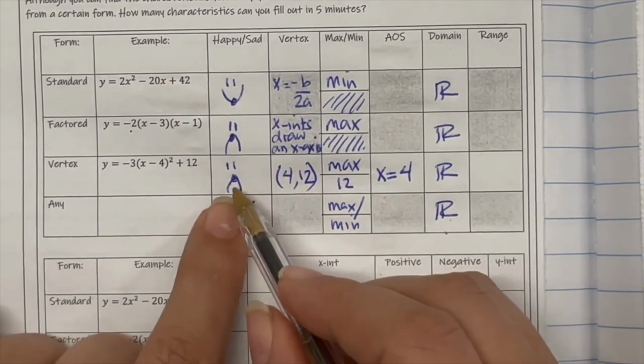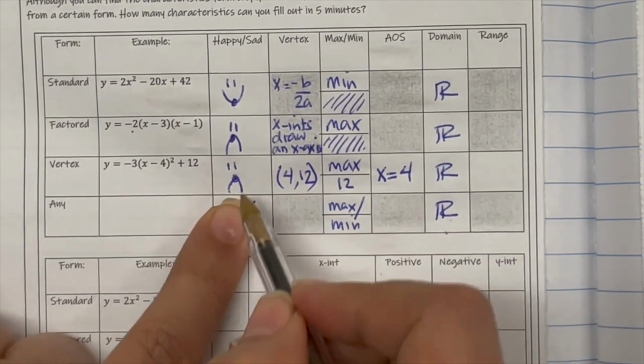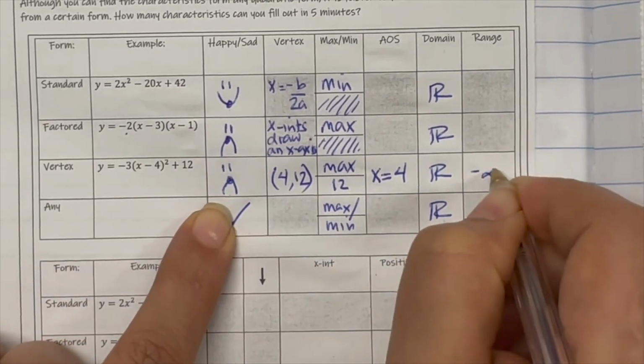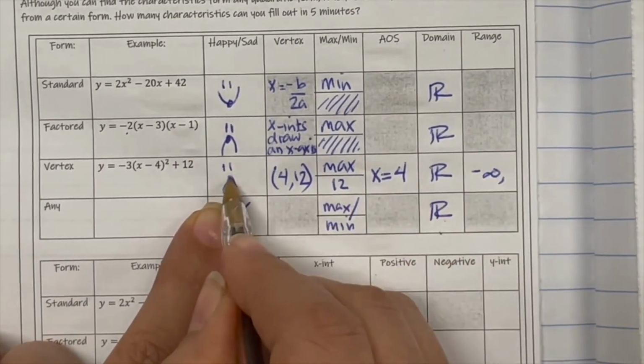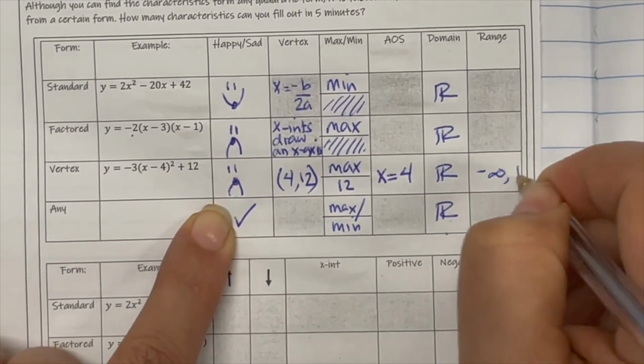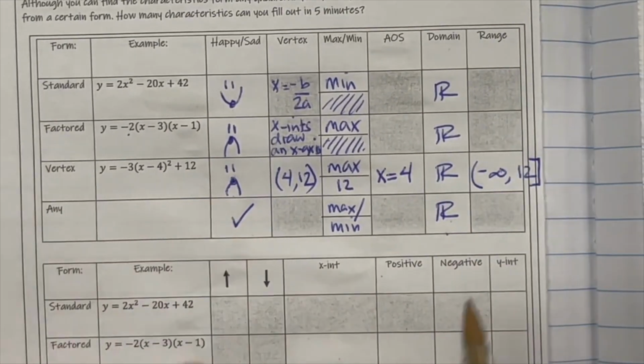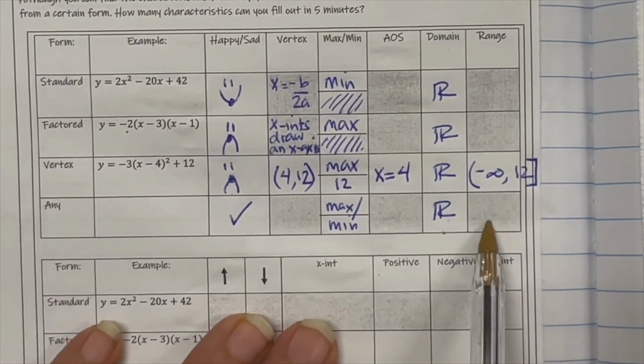So to see the range, you have to look at the sad face. You can see that starting from the bottom, it comes from -infinity and to the top of the y value of your vertex, which is 12. Then it's going to be open and a closed bracket. Okay, so range cannot be told from all of them. All right,